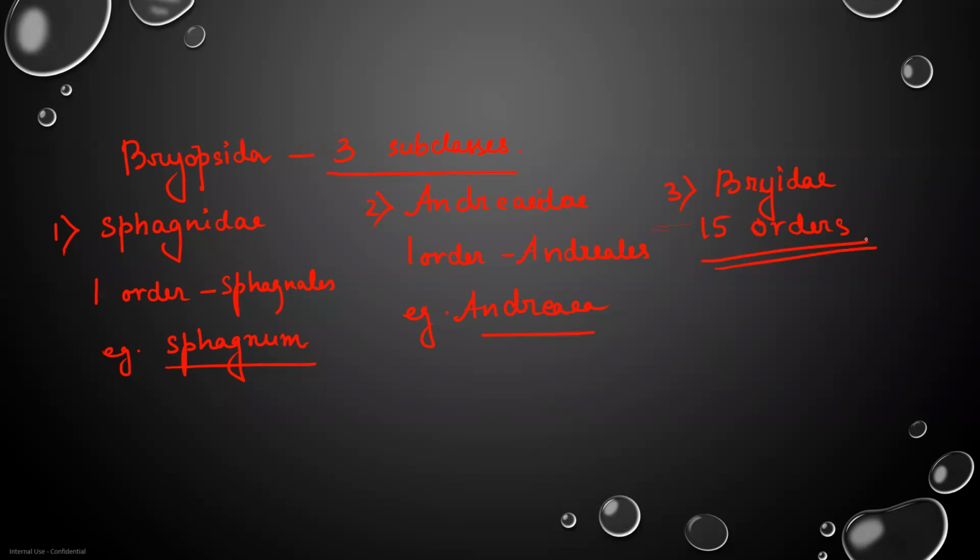The names of the orders are Tetraphidales, Buxbaumiales, Polytrichales. In Polytrichales, you must have heard of Pogonatum, Polytrichum, all these. Dawsoniales, Archidiales, okay,